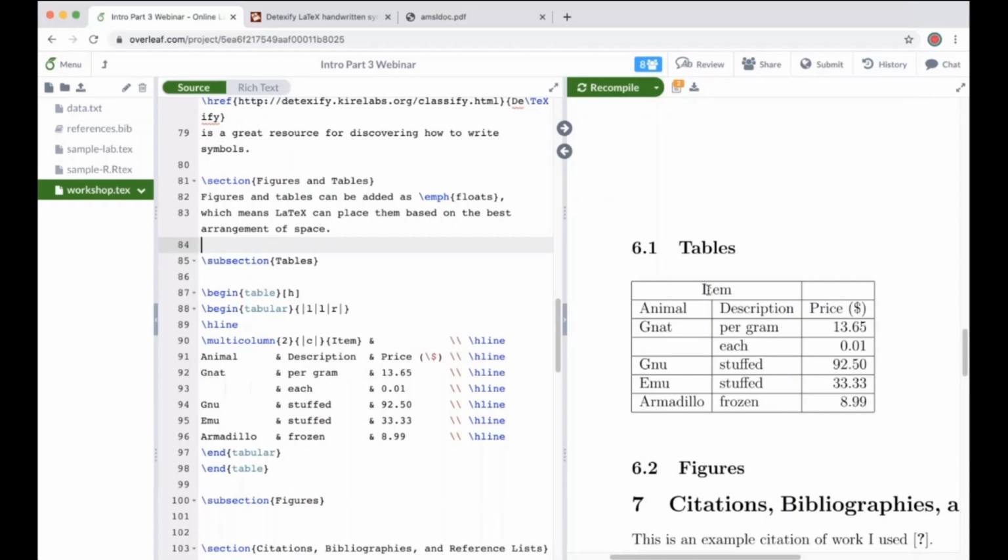The first thing that I want to do is remove the vertical lines. And to do that, we need to visit the way that each column of the table is defined. In LaTeX terminology, this is known as the tabular preamble. It's the first argument to the tabular environment. And those vertical lines are specified using the pipe symbol between each column. So if I go through here and remove all of those pipe symbols,